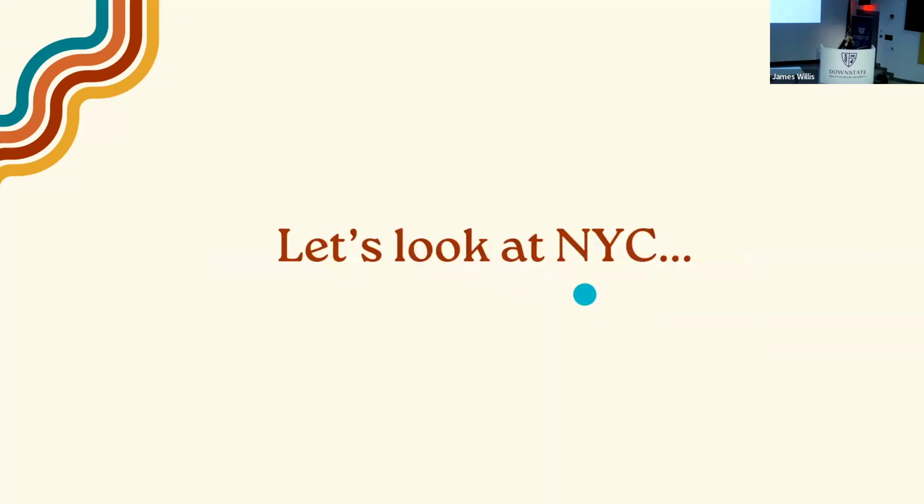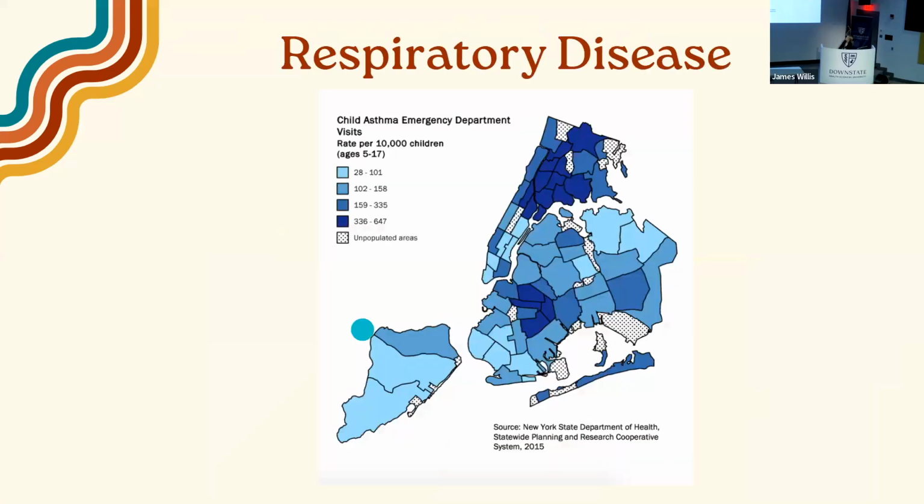Now let's look at New York City. We're going to look at a bunch of maps and see how they do in relation to redlined neighborhoods. This is a measure of child asthma ED visits per 10,000 children. And we see here in redlined neighborhoods much higher rates of ED visits for asthma